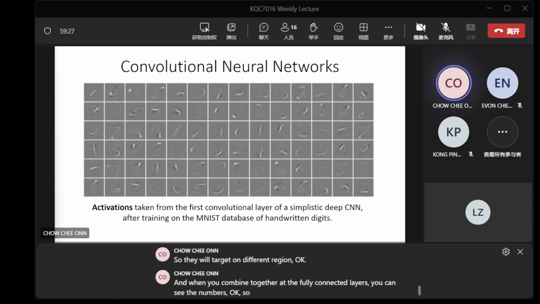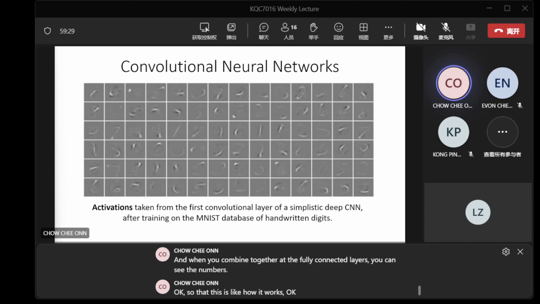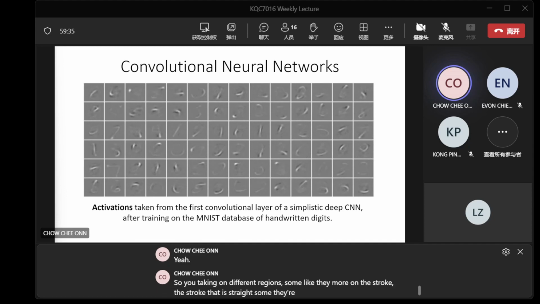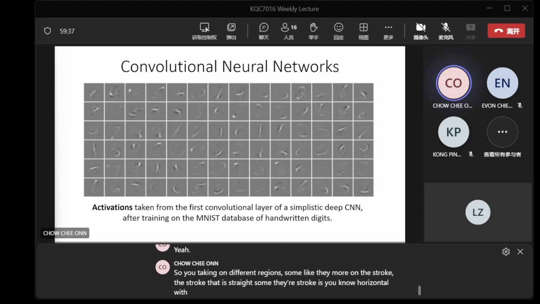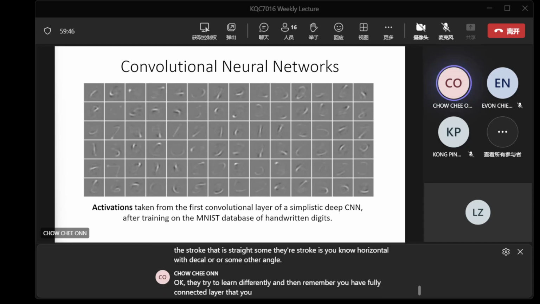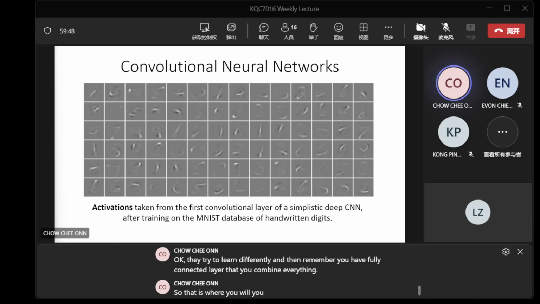So you target different regions. Some focus more on straight strokes, some on horizontal, vertical, or other angles. They try to learn differently, and you have a fully connected layer that combines everything. That is where you can recognize the numbers.